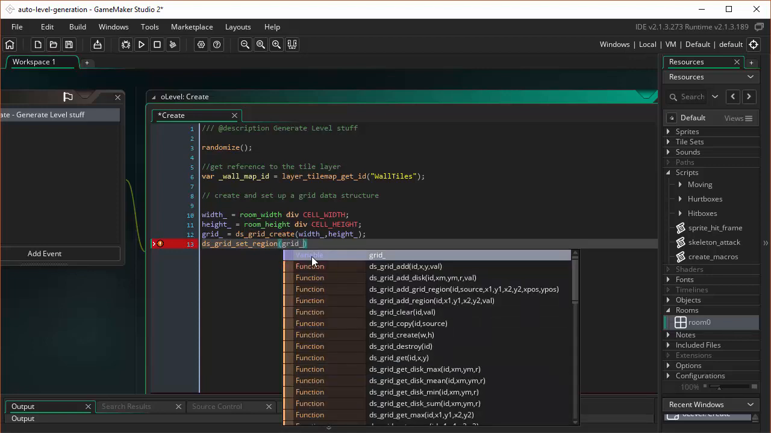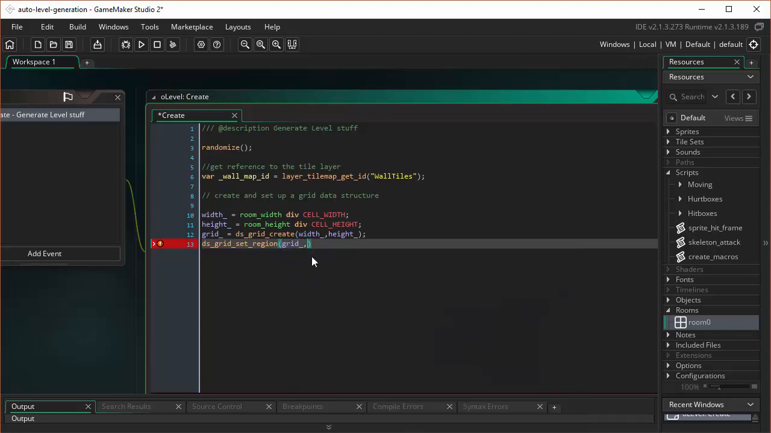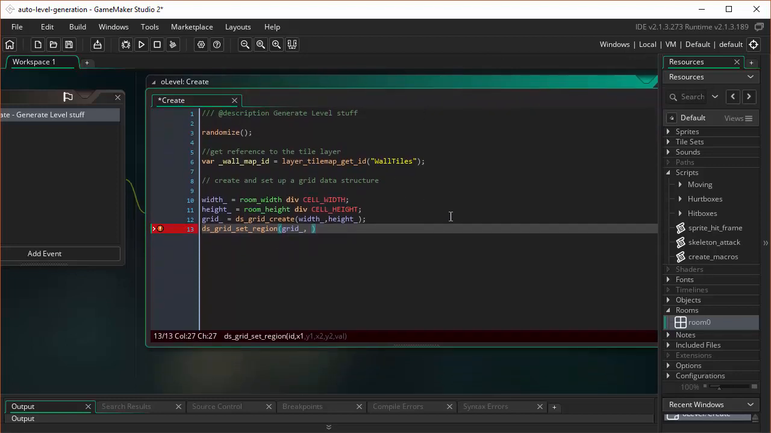So I first need to say which grid do I want to work with, and I want to work with the grid we just created. And where am I going to, let me show you the little helpers here at the bottom. Where am I going to start inside the grid? Well, I'm going to start at the upper left-hand corner of that checkerboard, which is 0, 0. And then where am I going to go to inside the grid? So I'm defining a square or a rectangular section within the grid that I want to fill in with some values. And well, in my case, I want to fill the whole thing. So I'm going to say width, height,